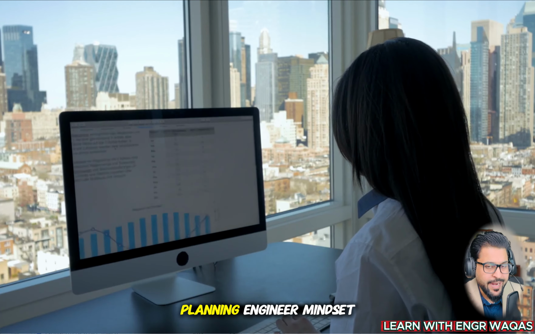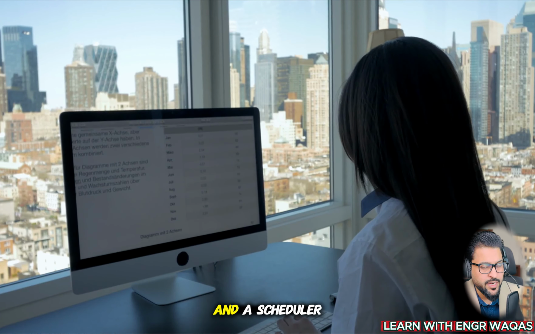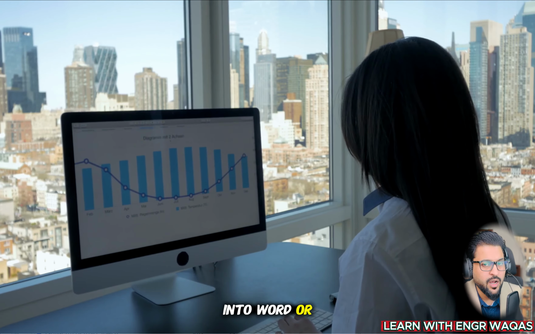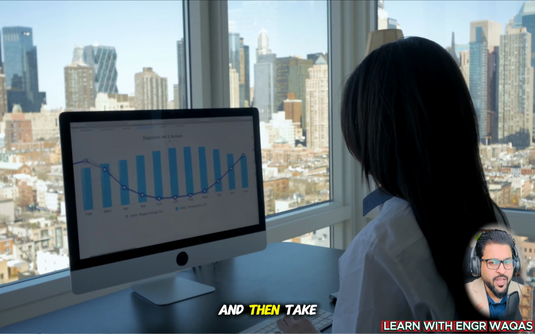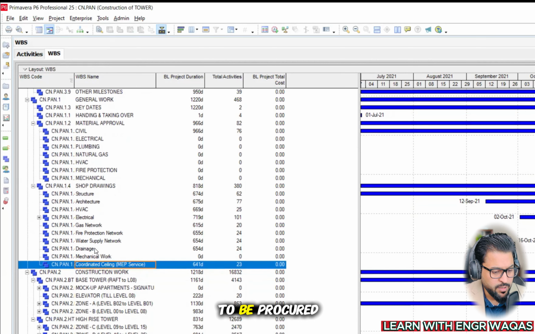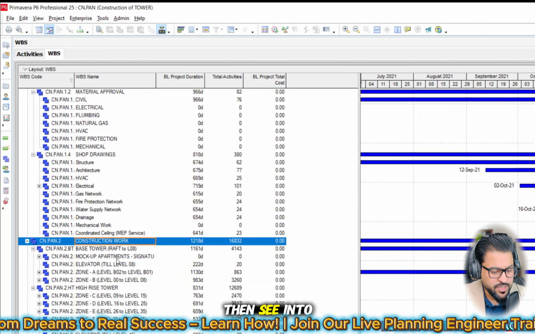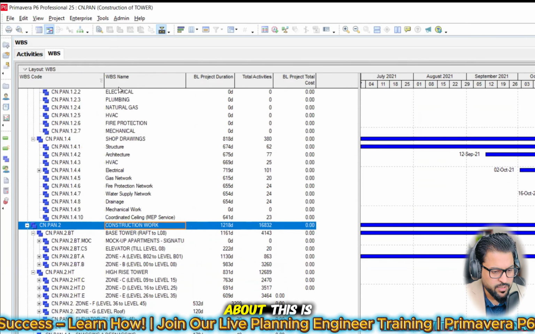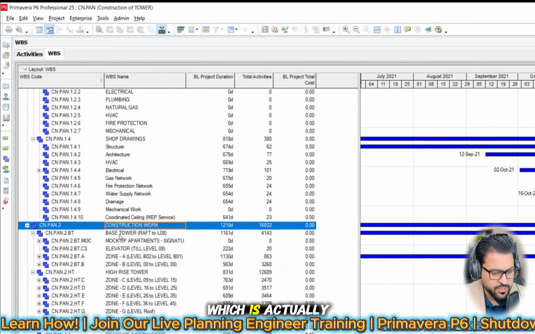And then, with a planning engineer mindset, as a planner and a scheduler, you are going to take that data into Excel, into Word, or into any other template, and then take that data into Primavera P6. So the procurement team is going to identify what items need to be procured, right? Then see into the construction. First of all, you can see, this is actually the WBS code, which is actually